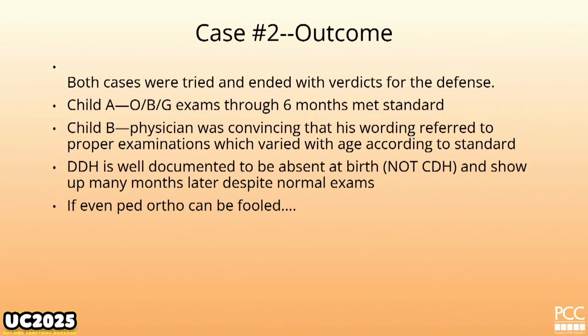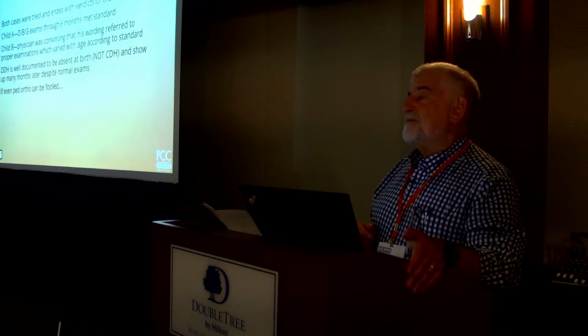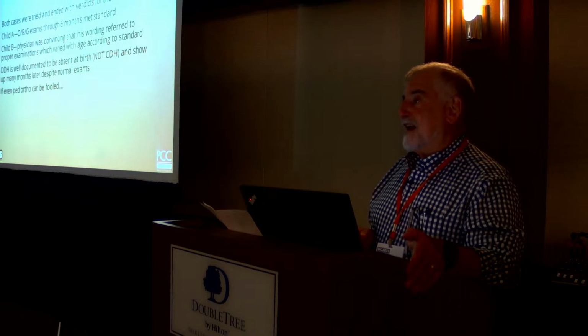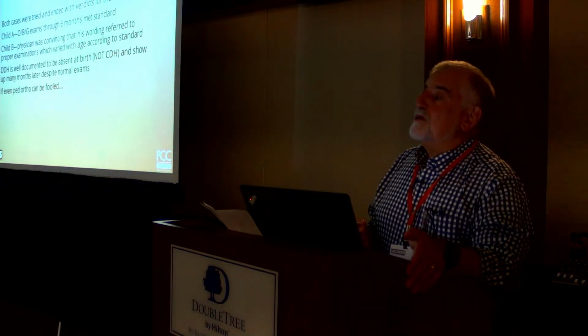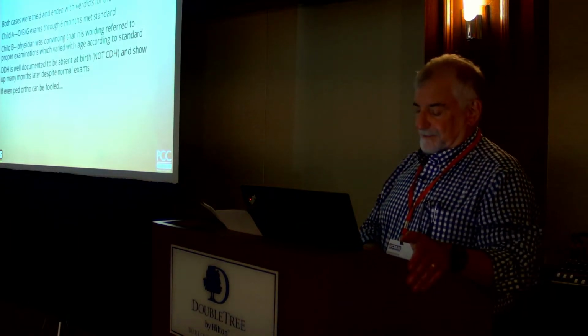The pediatricians use that term, the pediatric orthopedists use that term, and there are many cases and much in the literature which note that you can have normal hips for the first 6 months or a year of life and still show up with dysplastic hips in the second year of life. And if even the pediatric orthopedist at age 24 months will document normal hips, it's hard to expect a general pediatrician to pick up on something that the specialist cannot pick up on. So the outcomes were good, the documentation was good, but it's important to be as precise as you possibly can.